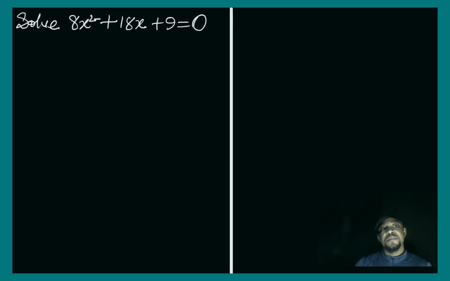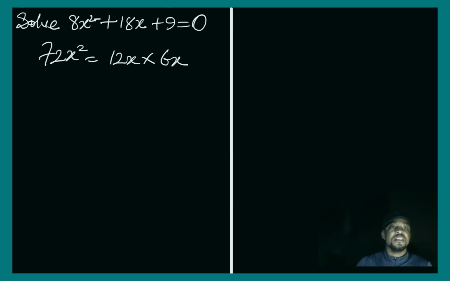Let's again attempt the problem we have on the board. So to solve this, I'm going to multiply the first term by the last term. And if I do that, I'm going to have 72x squared, which can be written as 12x multiplied by 6x. So now plugging this back into the equation, I'm going to have 8x squared plus 12x plus 6x plus 9